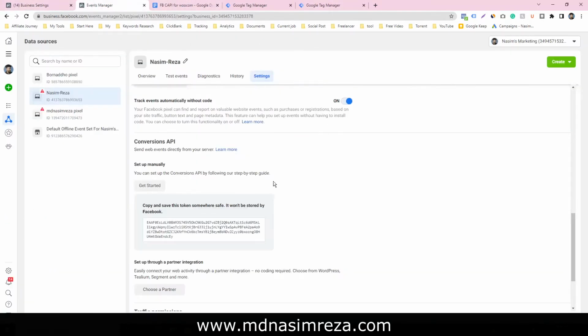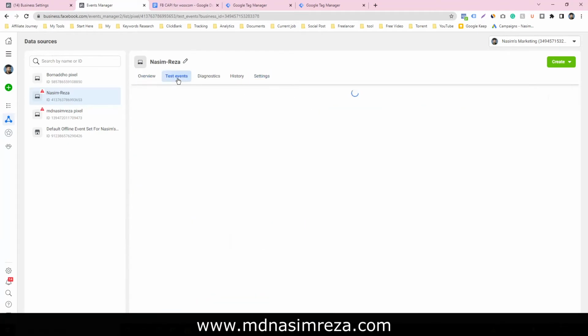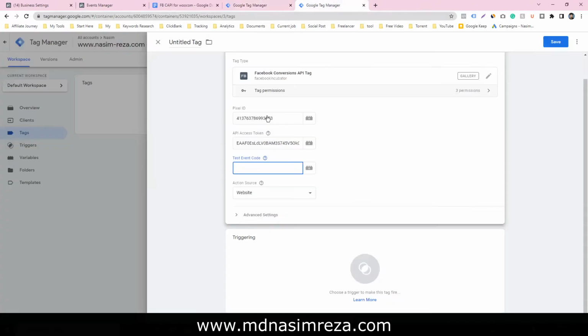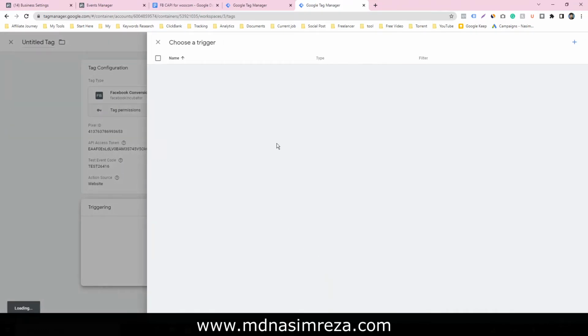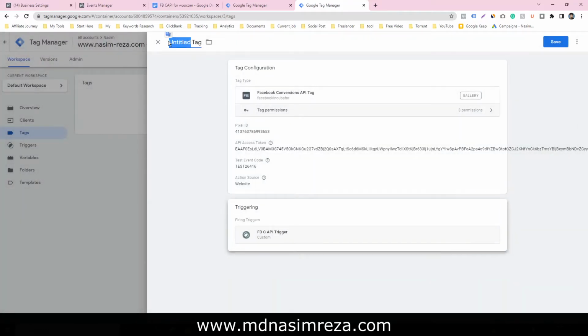So go to test events, and this is our test event code. Just paste it here. Here is the website, and select the trigger that we already created. Select this trigger, give it the name Facebook Conversion API, and save it.